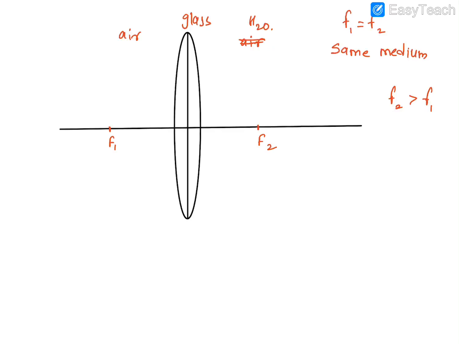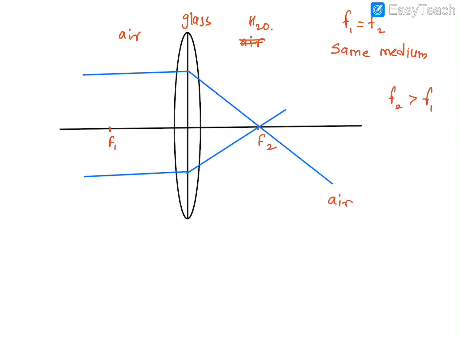Like say for example out here, I'll take an example. Say if it is going from air to glass to air. So if it is air to glass to air, the light rays will meet earlier here, say. That is when you're using what out here? Air to glass to air.